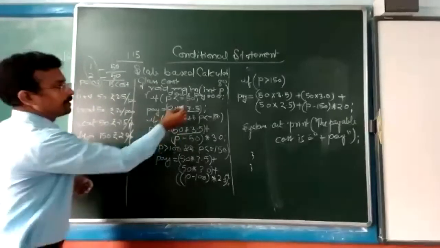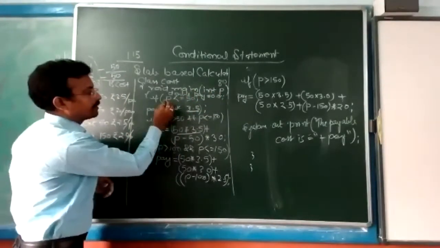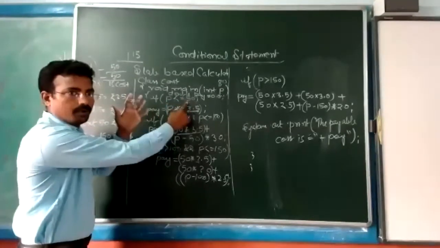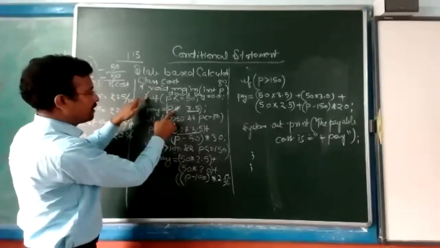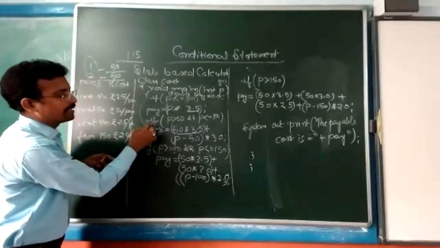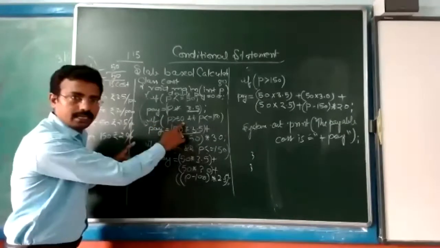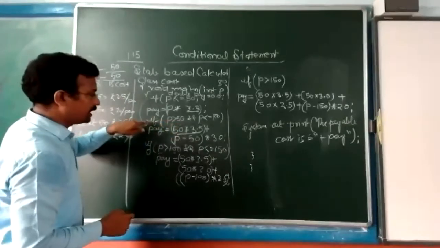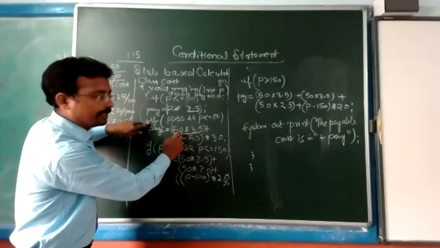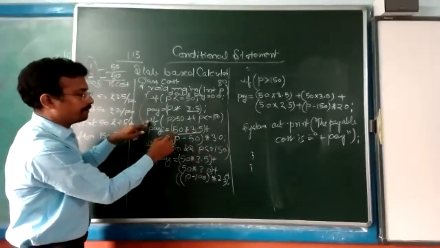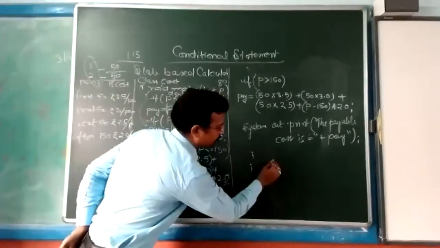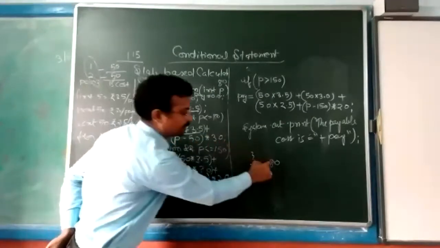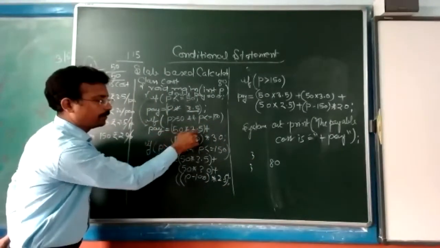Obviously, let's check. P is coming with 80. Is P less than 50? Means is 80 less than 50? No. So it will come not here, but in this if. And this if is checking: is 80 greater than 50? Yes. Is 80 less than 100? Both conditions are satisfied. So the if is getting true, because of that, control is coming here. And as it is given 80 as the value of P, I am calculating this portion here.